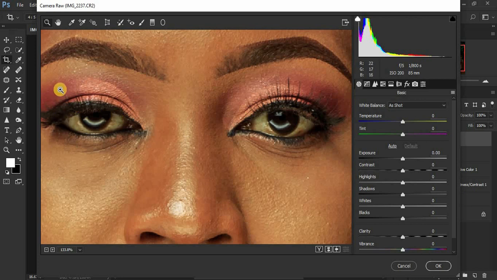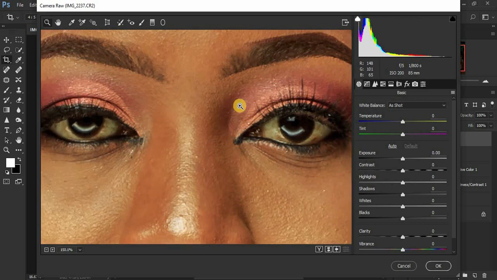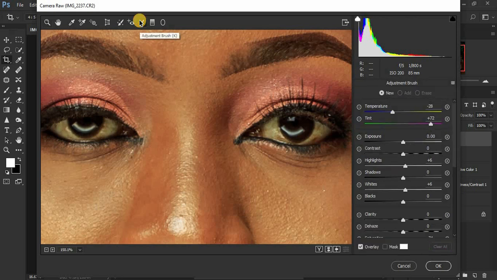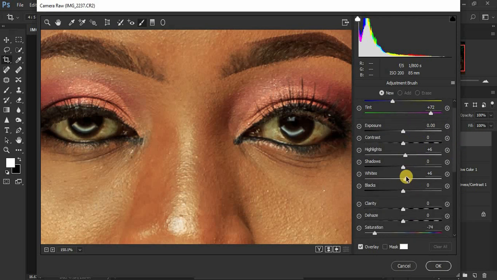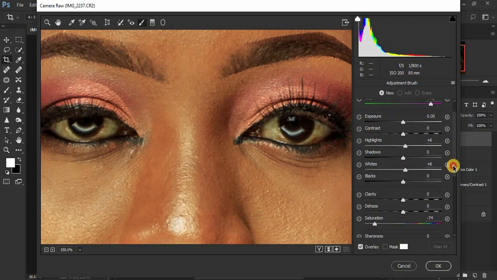So after zooming into the eyes, we want to whiten the model's eyes. Get your adjustment brush tool, or you can just click K on the keyboard. So under the adjustment brush tool, we have these options right here. You can see we have temperature, tint, and everything like in the basic option of Camera Raw. So we have to set our brush so that we get the eyes to become white. So make sure the temperature is -28, the tint is 72, the highlights at 6, the whites at 6, and